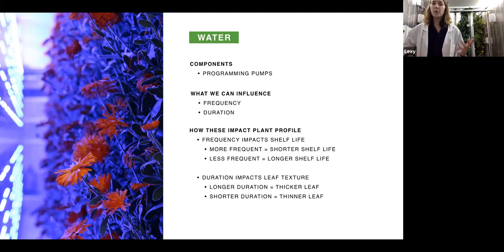So we have multiple programmable pumps in our main area. And through programming our pumps, we are able to control the frequency with which we water our plants, so how often we're watering our plants, and the duration with which we water our plants, so the length of time our plants are receiving water. And through controlling both of those, we are able to actually improve the shelf life of our plants,